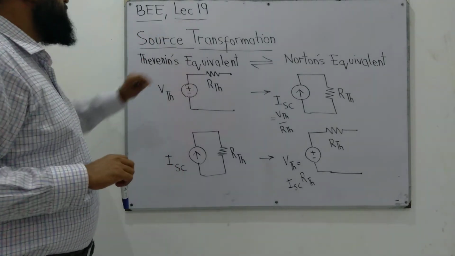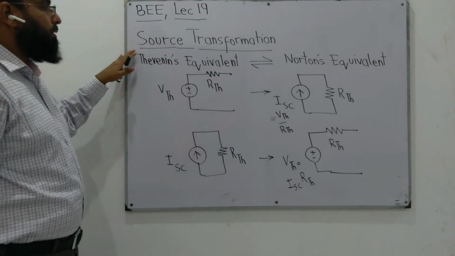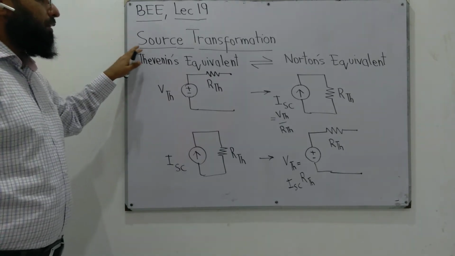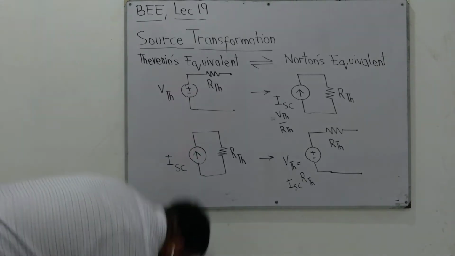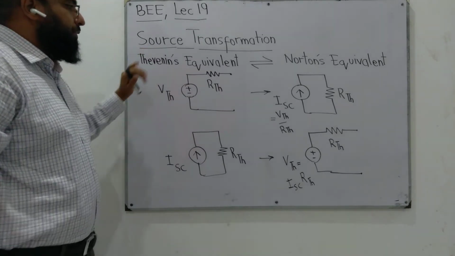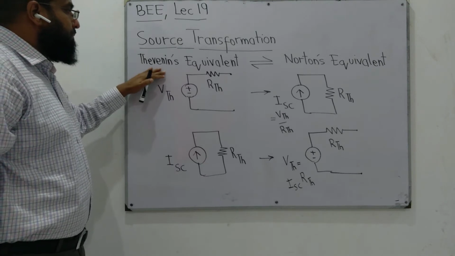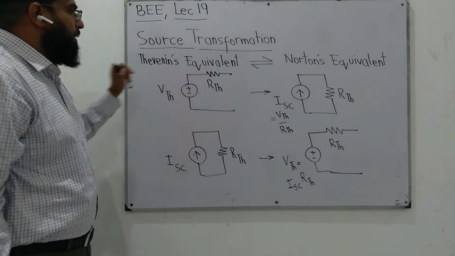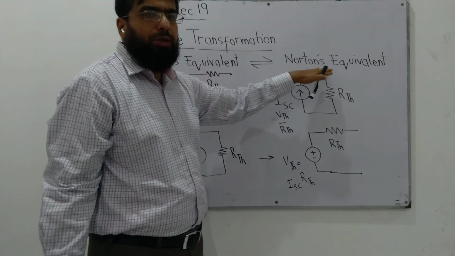The 19th lecture, basic electrical. We are studying basic electrical engineering. Today we will study a technique we name source transformation. Source transformation, as the name suggests, we can very easily establish that Thevenin's equivalent can be converted into Norton's equivalent